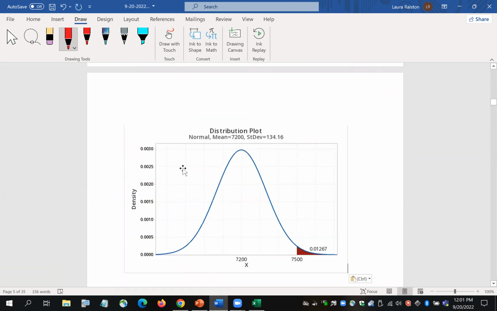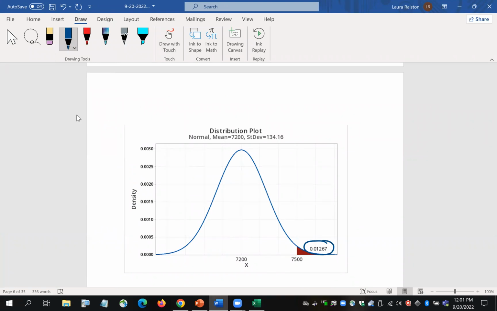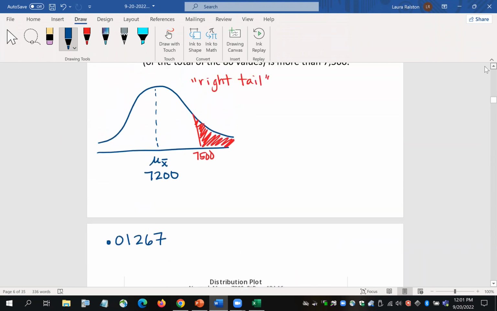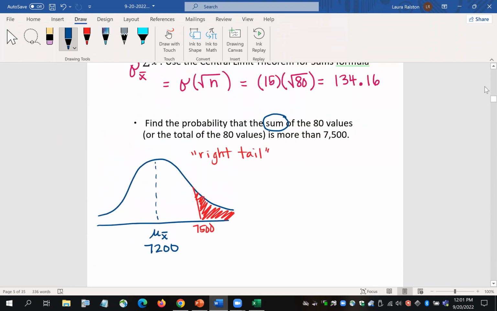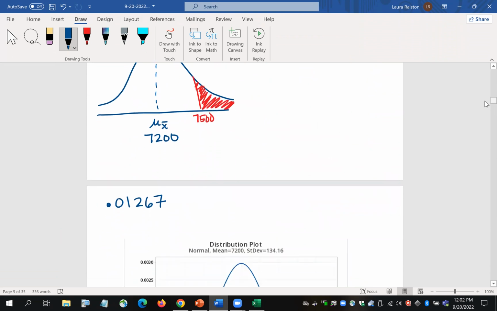Okay, so here's our graph. And again, what you're looking for is this value out here that's kind of hanging out in space. So we get 0.01267. So basically, for this particular distribution, there's about a 1% chance that the sum of the values is more than 7,500. Okay, so there's approximately a 1.2% chance